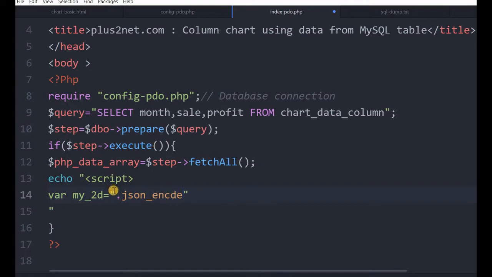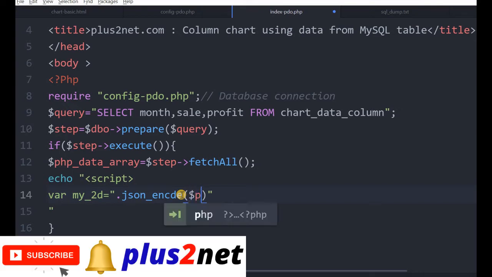Watch carefully that up to this point it's PHP, though it's a string only, written in PHP. Now I am writing a function, json_encode. json_encode will encode this array, whatever is there, the PHP data array, and convert it into JSON format and create the JavaScript array. So it gives the output as JavaScript data for the array.